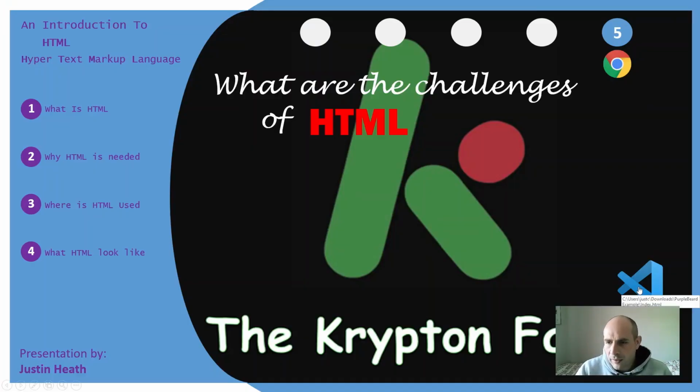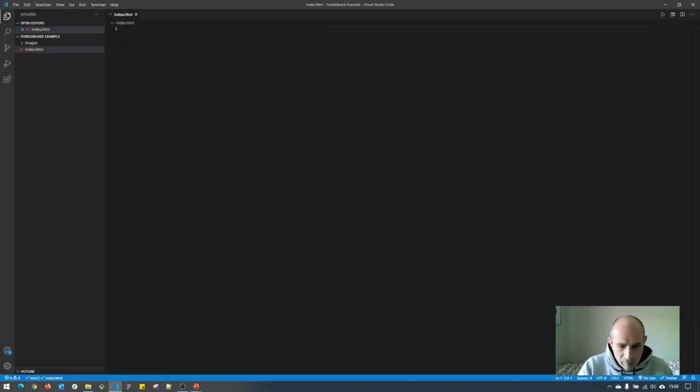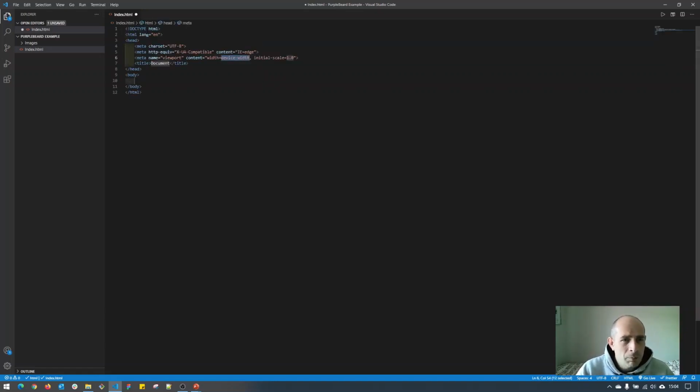So I'm just going to click on this link here, which is going to take me to a program called Visual Studio Code. To be able to get a page template, I'm just going to write an exclamation mark and hit enter, and it will give me the basic structure of any kind of web page that you will see on the internet. Here you can see it's got two main elements to it, a head element and a body element. When you write your HTML, you write it here in the body element. So I'm just going to put a heading in place. I'm going to put this as a heading